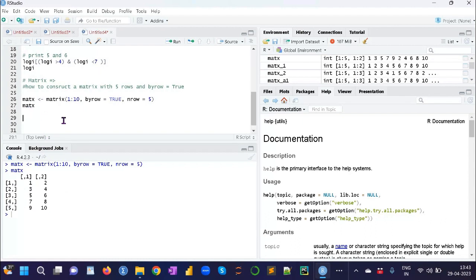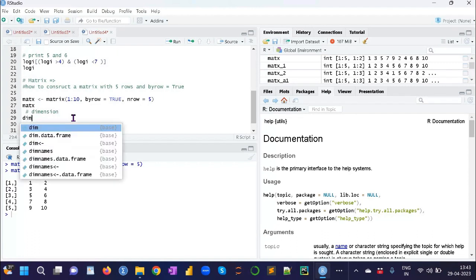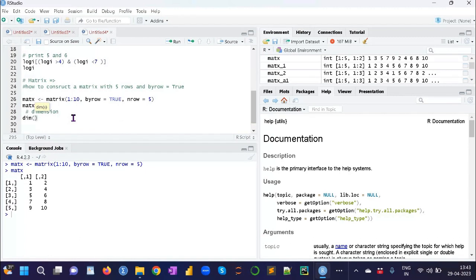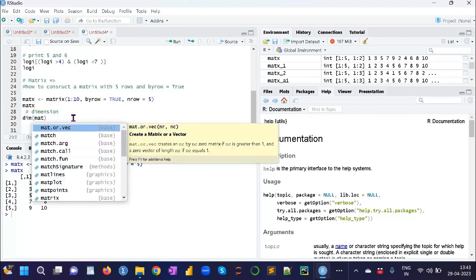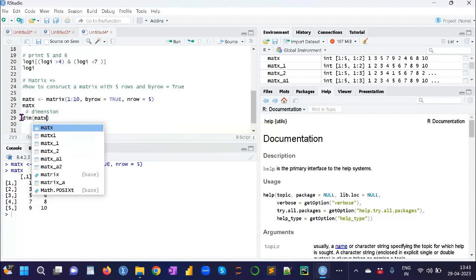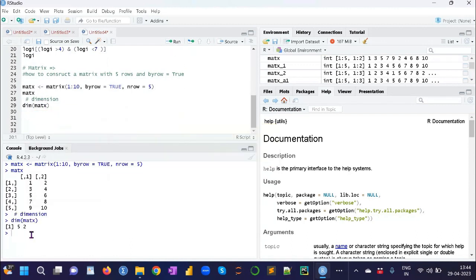Now I am creating the... if I am checking the dimension, then dim, then variable name. It shows 5 2, because this is 5 rows and 2 columns. Okay,